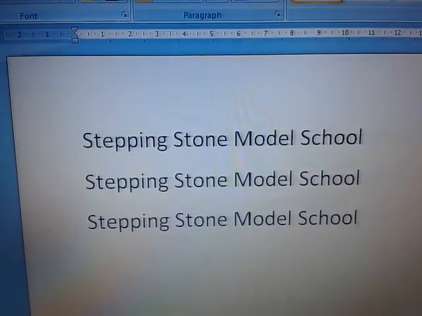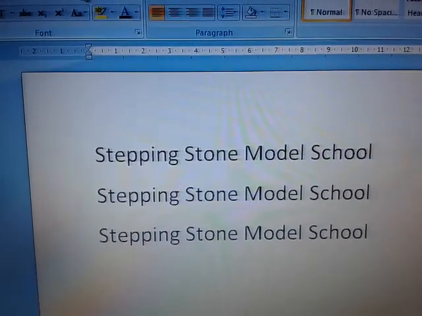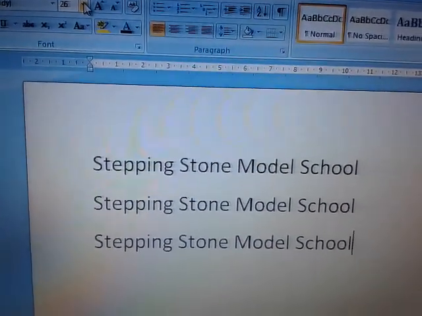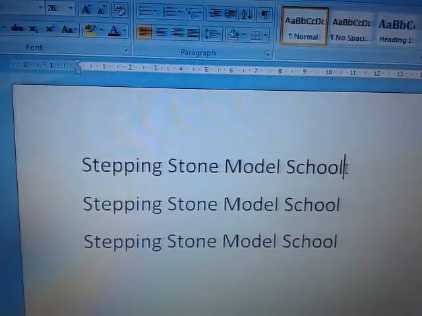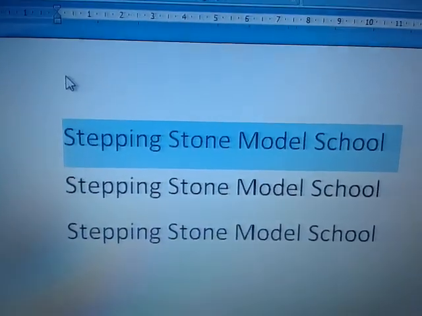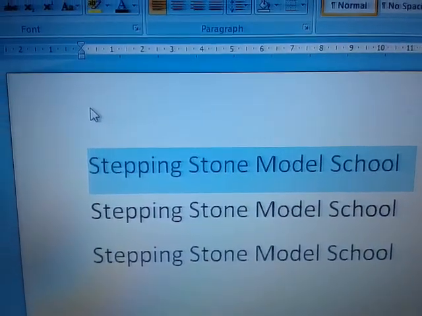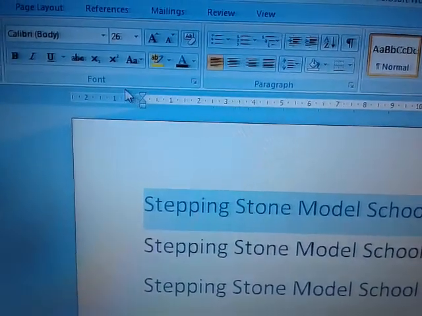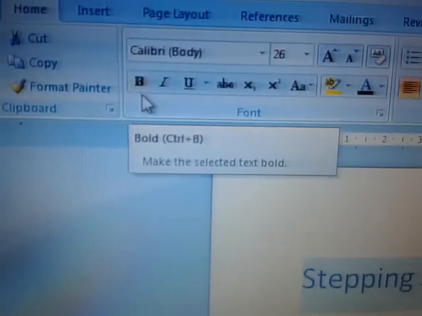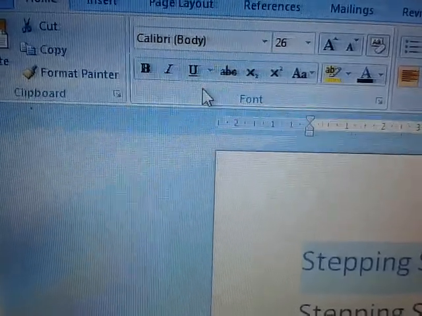First, I will show you how to make your text bold. Making your text bold means the selected text will become thicker and darker than the rest of the text. Let us select the first line. Here I am showing you by selecting a line, but you can select a word or an alphabet also. I will show you everything. After selecting, move here. You can see it is written B, I and U.